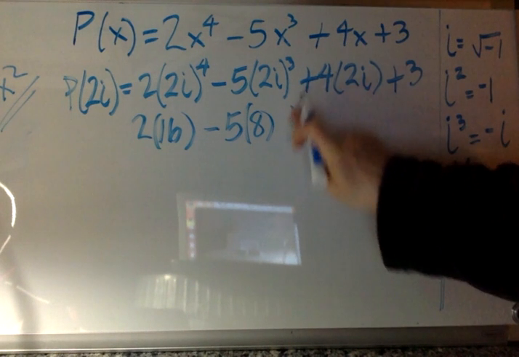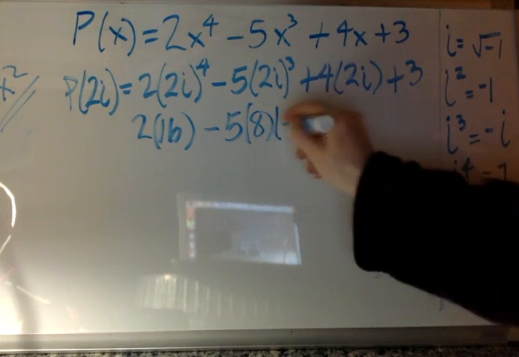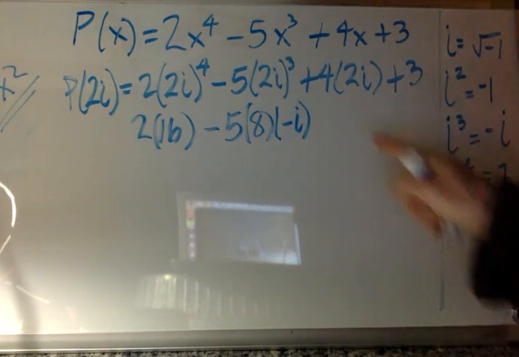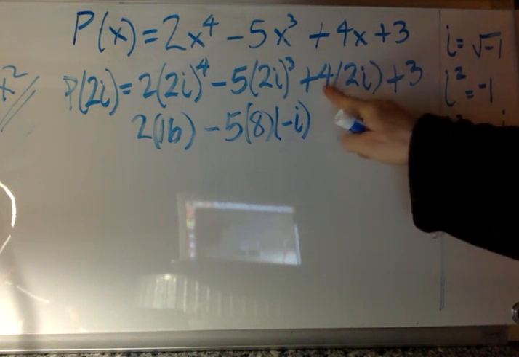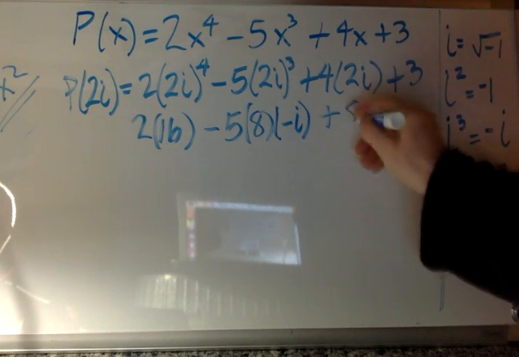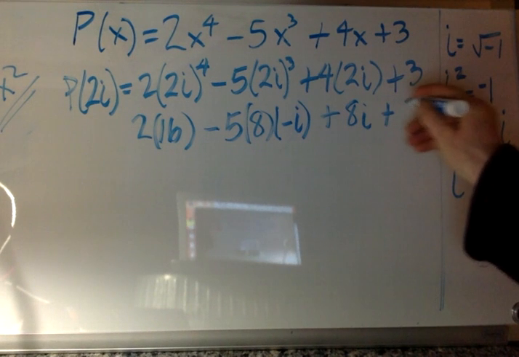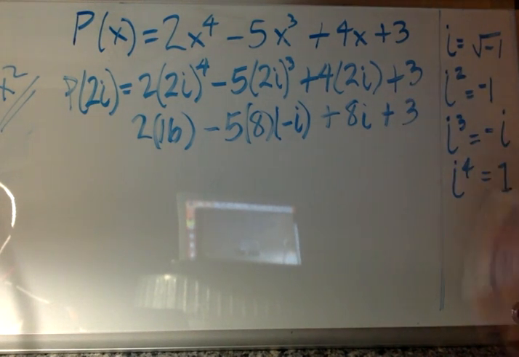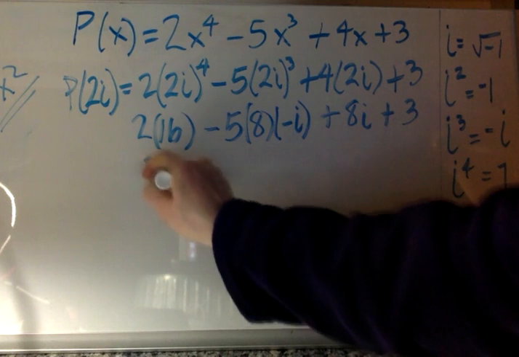So I'm going to put here 5 times 8 times -i. This just gives me 8i, 4 times 2i. And then I have the constant term 3 at the end. Start cleaning it up. This is just 32